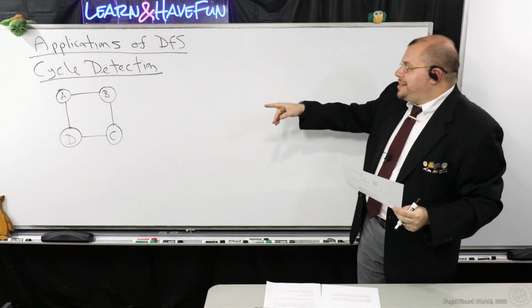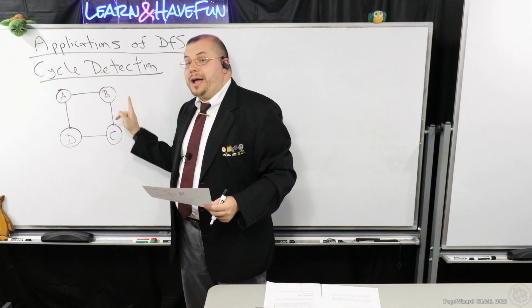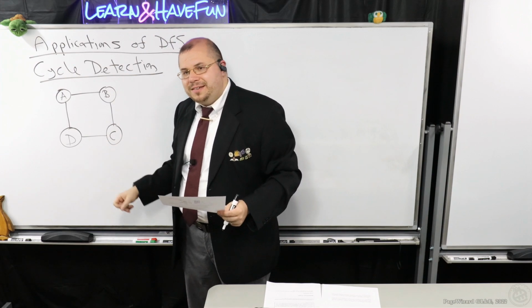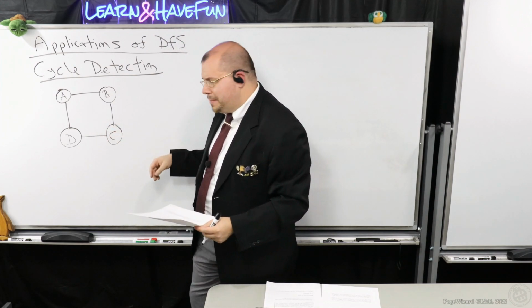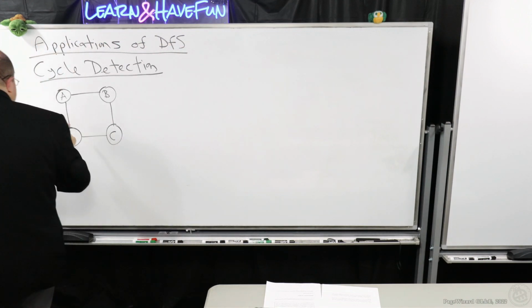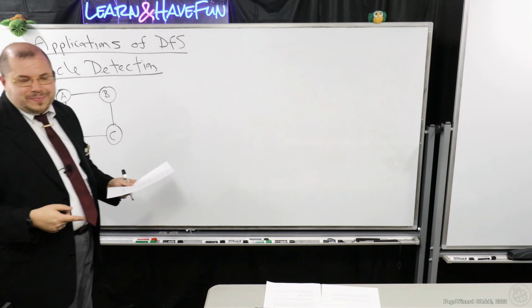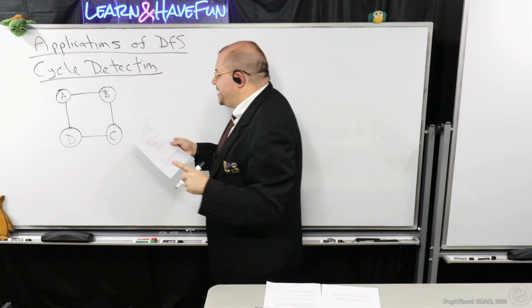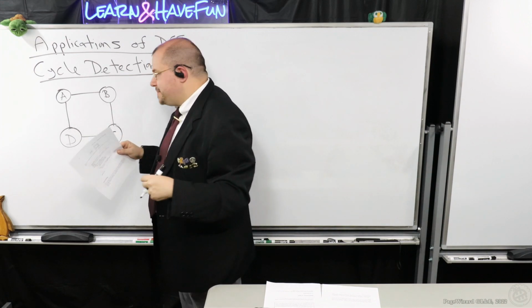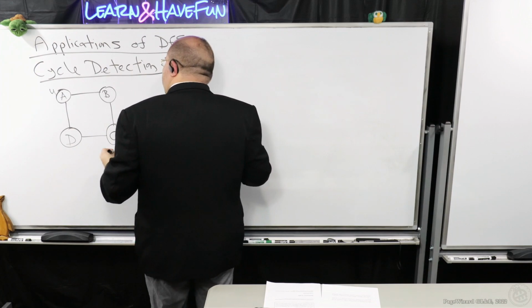So notice that this actually consists of a cycle. This is an example of a cycle graph. It consists of 4 vertices. Some would call this, I think if you count it by vertices, it's called C4. But we have 4 vertices here. There's one cycle right here. It's the whole graph. So notice here that if you use DFS, suppose you started at U,